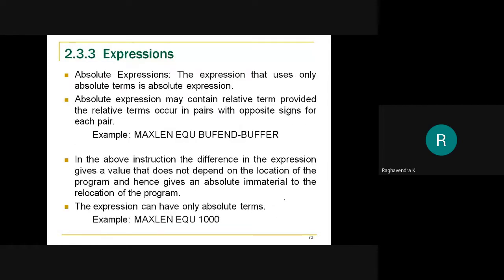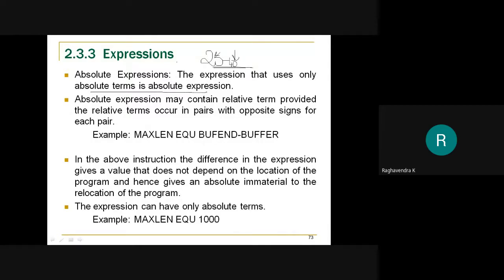Now, what do you mean by an absolute expression? An absolute expression is one that uses only absolute terms. Okay, that uses only absolute terms is called an absolute expression. It does not mean that it should only contain numbers, like for example, 20 minus 40. So this is an expression, right? And this is an absolute term, and this is an absolute term.